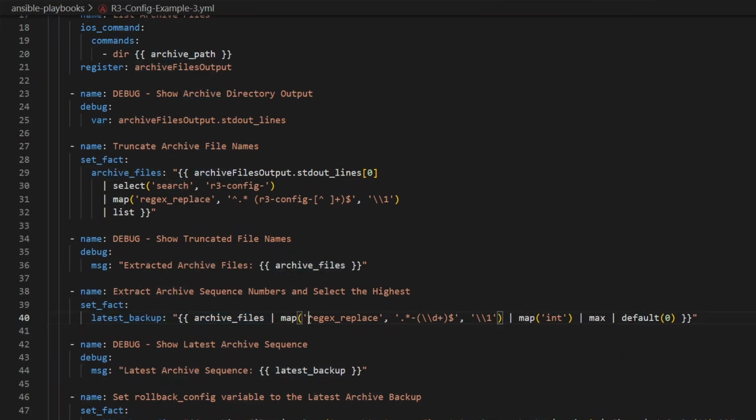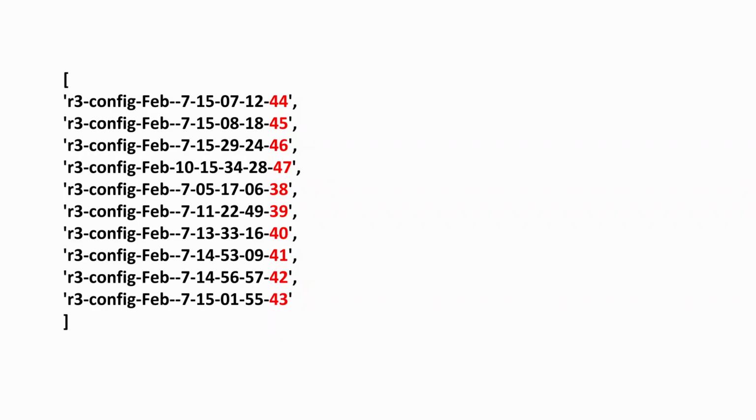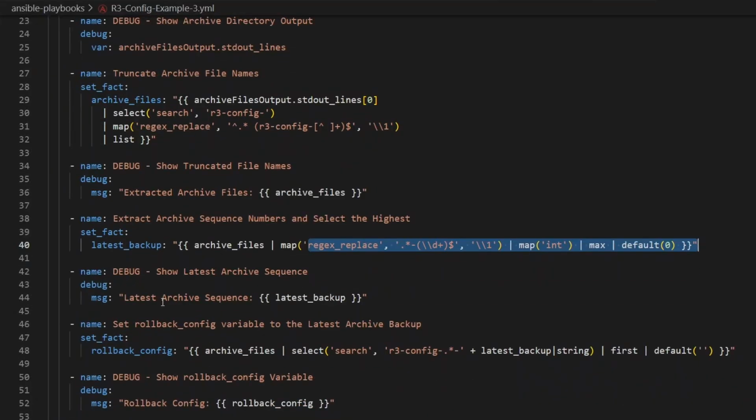It picks the highest one, which represents the most recent backup, as ordered by the sequence number. It will store this in the latest backup variable. It will literally just leave the highest sequence number, which in this scenario is 47. This debug will just print the latest archive number so that we can verify that Ansible has found the correct file. This task will then use the latest backup number to find the exact file name from the list of